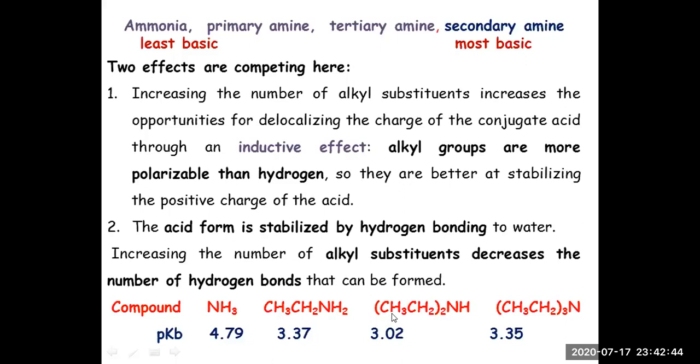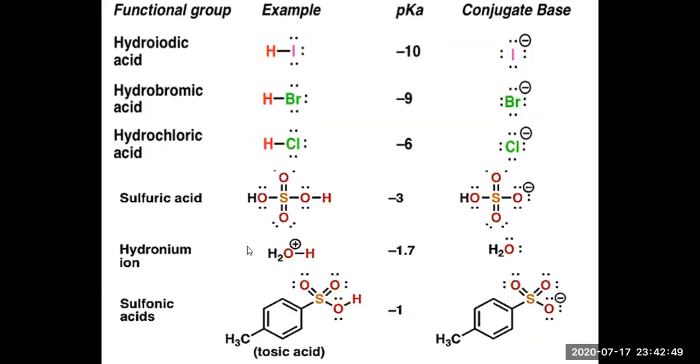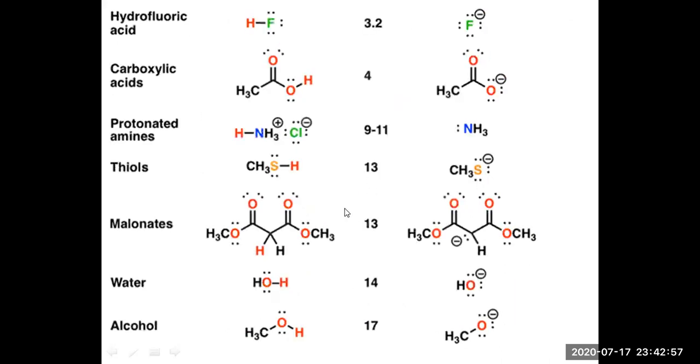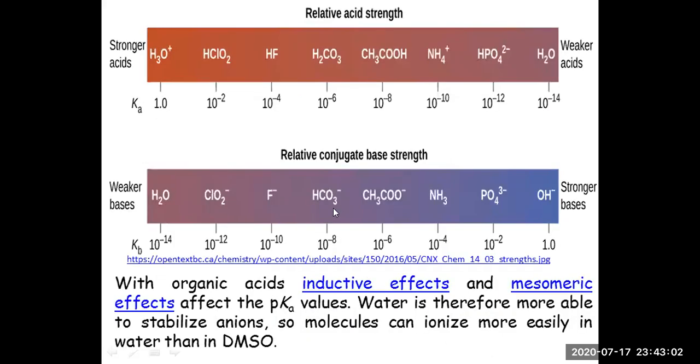All primary, secondary, and tertiary amines are stronger as compared to ammonia. So these are the various acids, and these are the various pK values. We can always talk about their acidic strength, increases, decreases, and what are the various factors. Go back, revise it, as well as you can see here the scale is given, Kb value, Ka value is given, so you can always find out their pK values and verify whether it is stronger or weaker base or